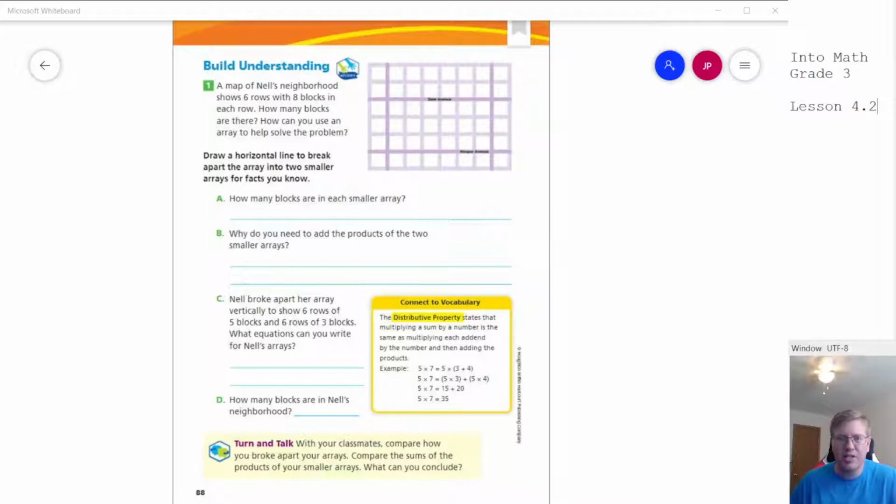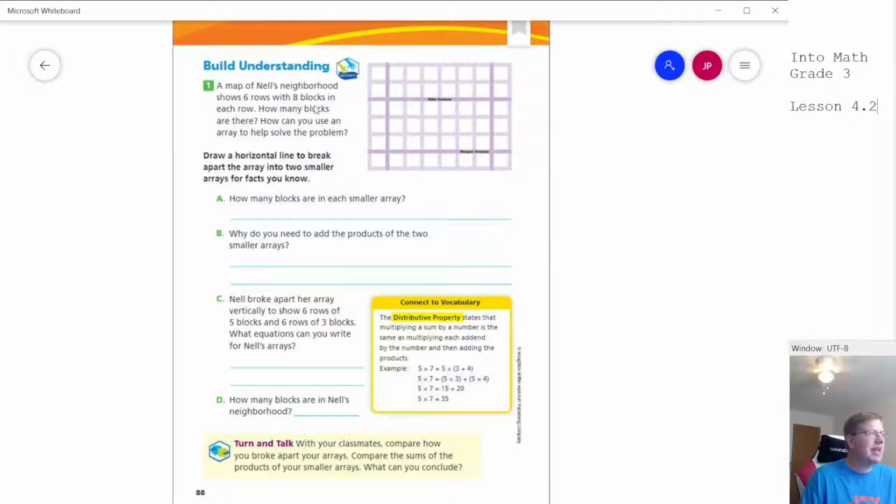Today we're going to be working on the distributive property. We typically use this when we start getting into larger factors. So for instance, the one that we'll see on the screen, we are working with 6s and 8s. One of the things that we might do is take a picture and break it apart into smaller groups. So for our problem here that we'll go over during class, we have Nell's neighborhood shows